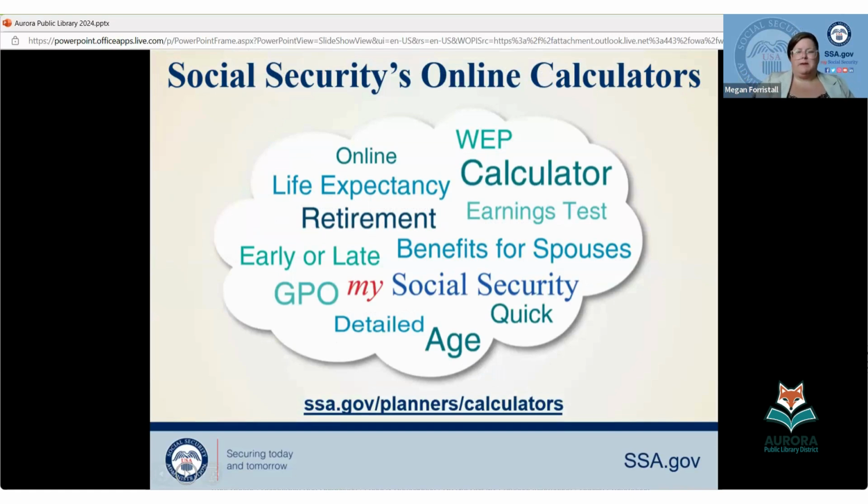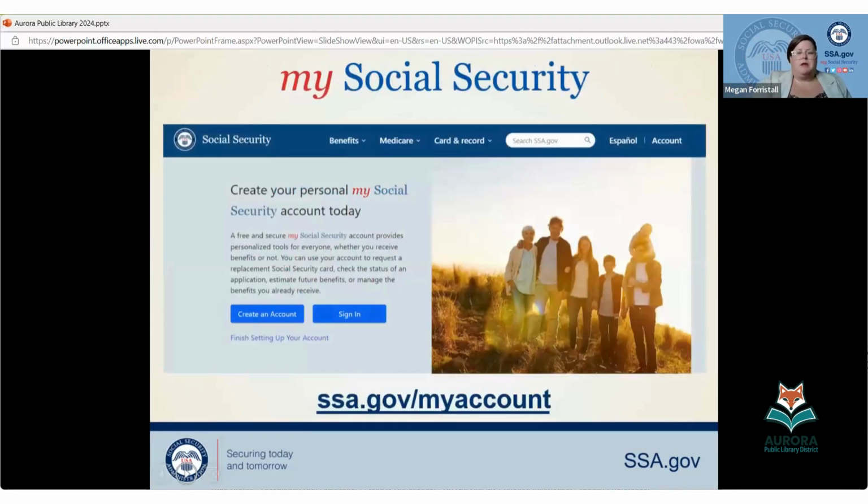So I talked about a lot of people, like teachers that don't pay into Social Security. If they have not paid into Social Security at all, they wouldn't be due any benefit off their own record. And they might be due something off a spouse, but the GPO or government pension offset would apply. There's a calculator for that. If they have their 40 credits and that TRS pension or other non-covered pensions, City of Chicago, whatever it might be, then the WEP calculator, windfall elimination provision, would be what you can use there. Life expectancy, if you're really interested in checking that out, and a lot of other calculators, earning tests to help you figure that out and help you decide when to file.